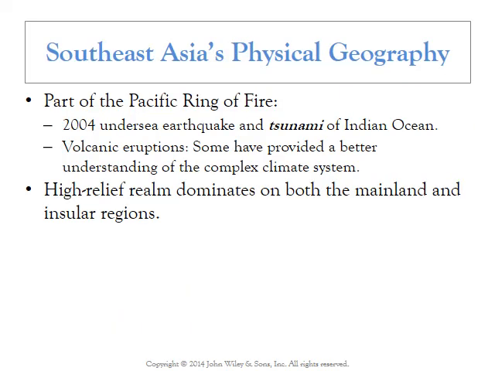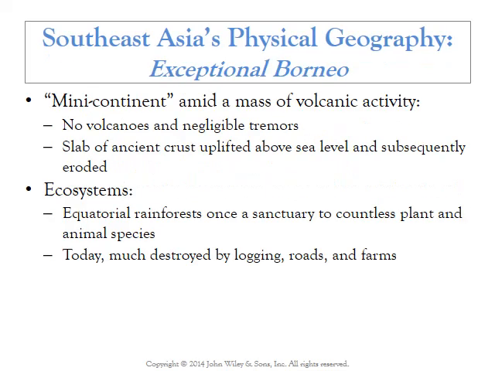Okay, so Southeast Asia's physical geography has both risk and reward, in the sense that a lot of these islands are volcanic islands. They're where oceanic plates are subducting beneath continental crust and producing these island chains. So of course that seems like a downside, because you're going to have volcanoes erupting, earthquakes, and tsunamis, but it also has given rise to very rich and fertile soils on some of these islands as well, so it helps with agriculture.